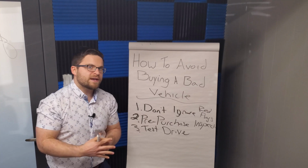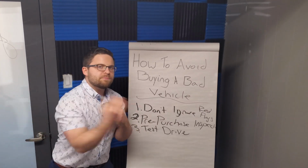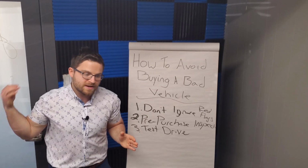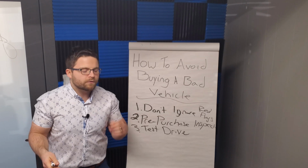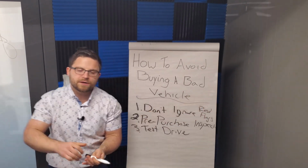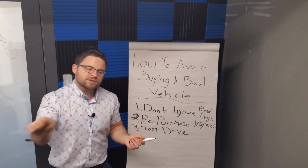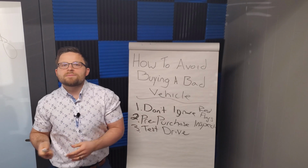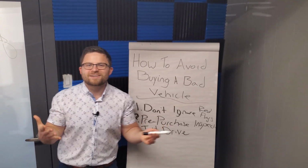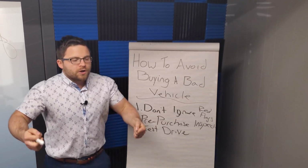You want to test those brakes. Give it a hard slam on the brakes, like not 100%, but an 80% brake to see how the vehicle performs, because you never want to be in a situation where you need to slam on the brakes and something goes wrong, right? Go into a parking lot, just go find a local church or a Walmart or something. Do a full 180 turn to the right, one full 180 turn counterclockwise as well, and you listen to make sure there's not any weird sounds going on, so that it just feels good, it sounds good. Go on some bumps,